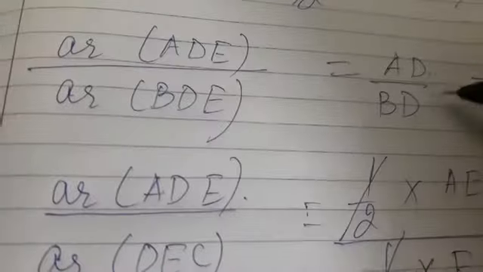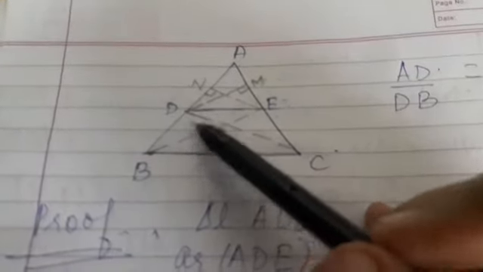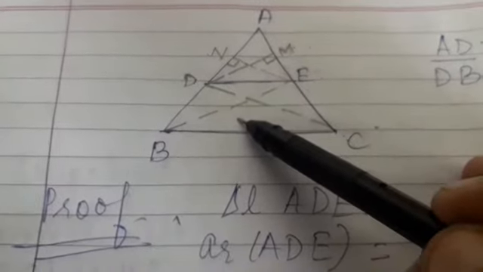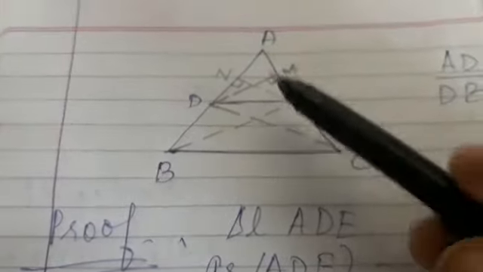When you look at equation 5 and equation number 6, ADE and AD is a common triangle. Now triangle BDE and triangle DEC, coming back to the diagram, BDE and DEC, both the triangles are lying on the same base and between the same parallels. So when the two triangles are lying on the same base and between the two parallels, they have equal area. Okay, so therefore I am going to write over here,